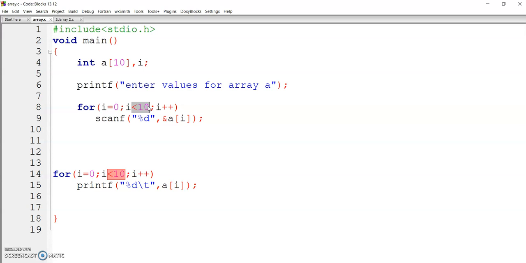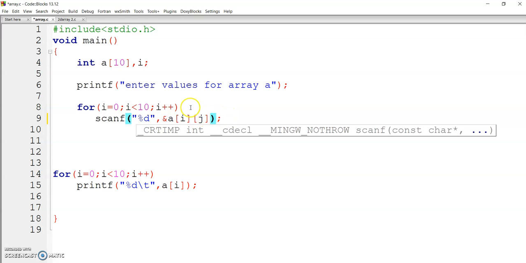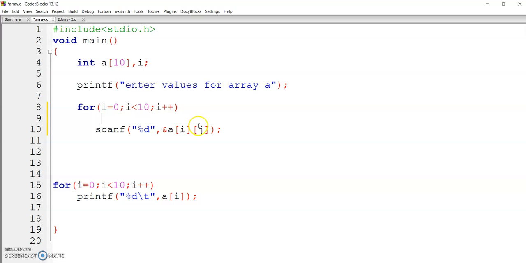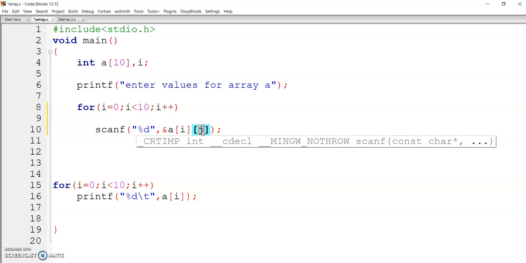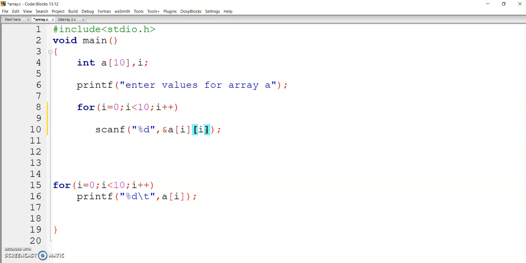Same thing will happen with the two dimensional array, but there is a little change. And what is the change? Here you have to add one more loop counter, j, and you have to add another loop for the column elements. That means first i is for row elements and second j will be for your column elements. You cannot use the same loop counter because you are using two separate loops, so your counters will also be separate.